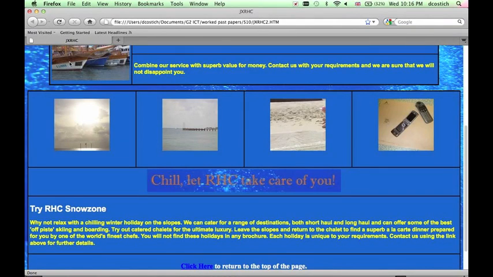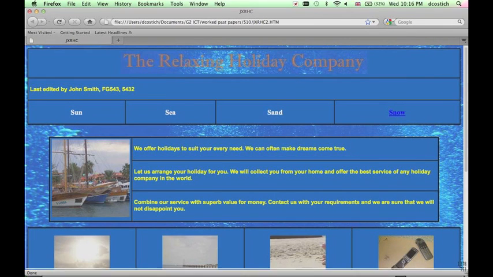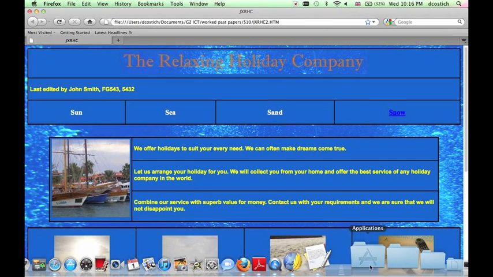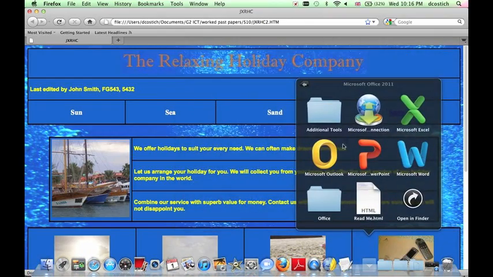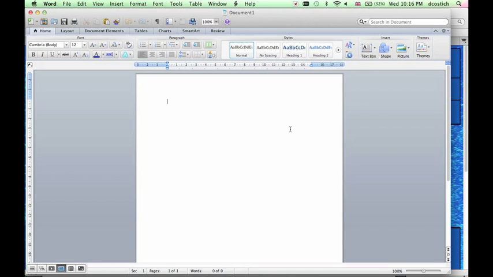So I can maximize the browser. I need evidence of the entire page. So first at the top, let's take a screenshot of the entire screen. Let's do Shift-Control-Command-4. Select the whole window. And then if I open Microsoft Word, paste this,